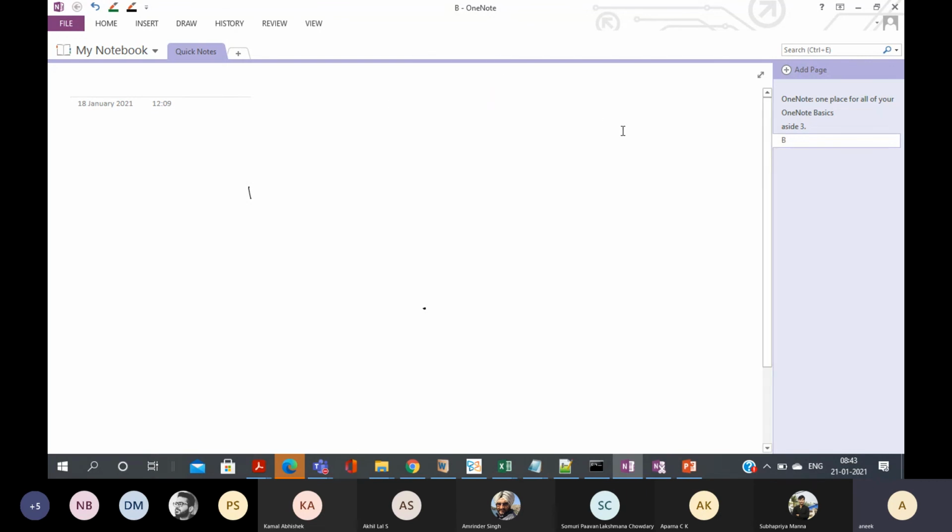Can you see this OneNote page? Yes, sir. Okay. Actually, this problem is basically about how to use CPLEX. The students who attended the communication simulation laboratory, I have shown them the same example, but others have not attended.